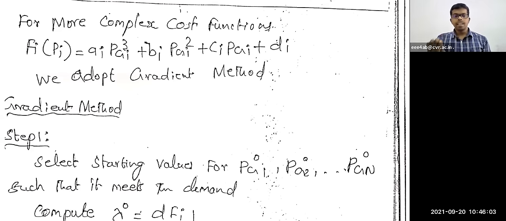If you are going to solve the problem with 500 generators and a certain demand being given, you need to dispatch the 500 generators and find the least cost generation. Then the complexity of the problem will be very much more. Even in our state, if you take the number of generators with the demand and the constraints, without the constraints, if you neglect certain constraints and solve the problem, then somewhat you can get a solution. But considering all the constraints,